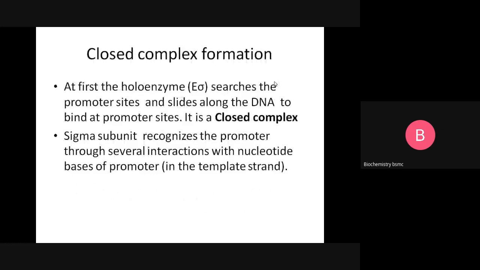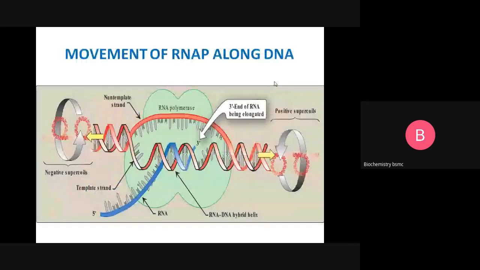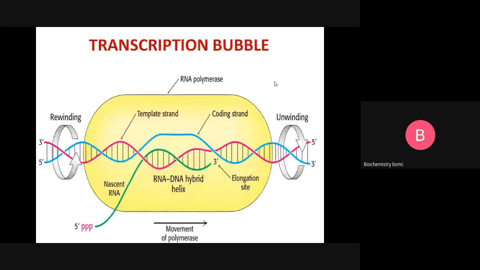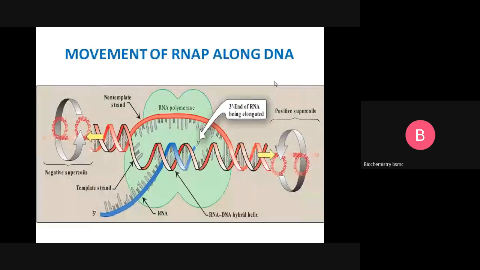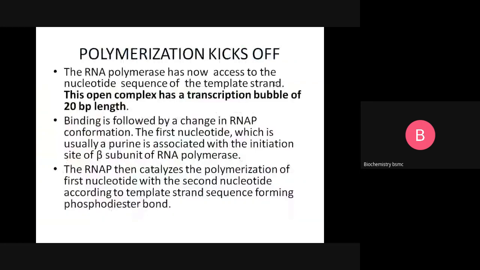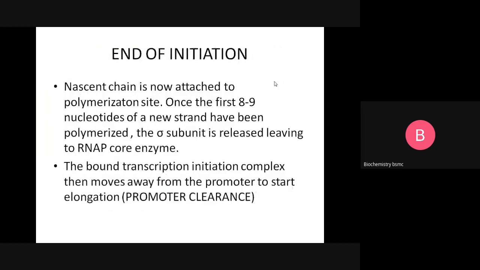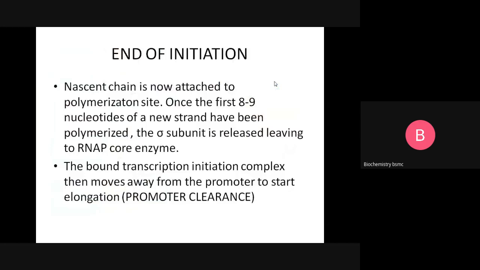What is open complex? First, what is closed complex, then what is open complex, and now how the DNA undergoes unwinding. What is transcription bubble? We have seen what is transcription bubble and how the torsional stress is relieved on both sides of the transcription bubble. And next, the important thing is how the polymerization starts, and the transcription bubble is kept almost constant, and how the sigma gets released and the promoter clearance occurs. This is the end of transcription initiation. Next we proceed to transcription elongation. Thank you.